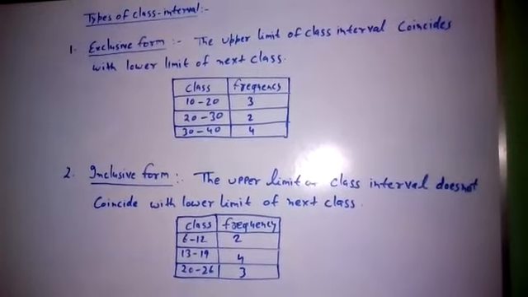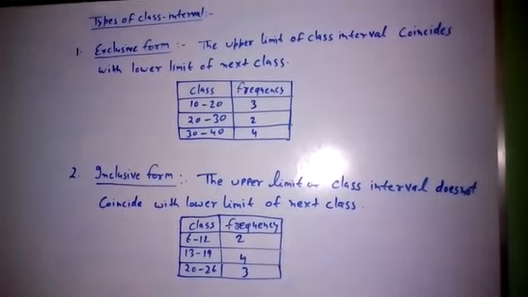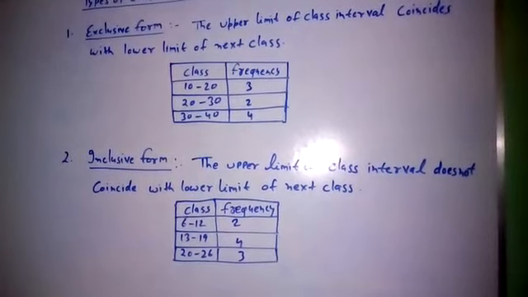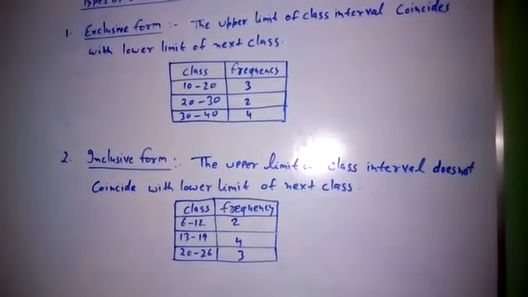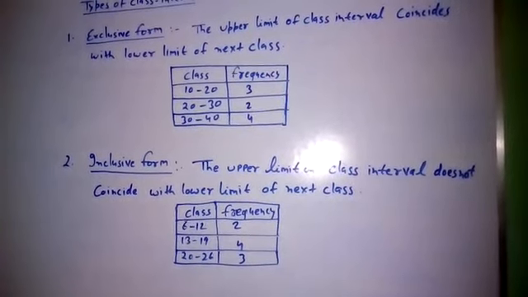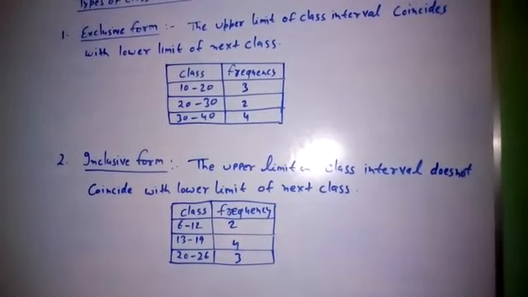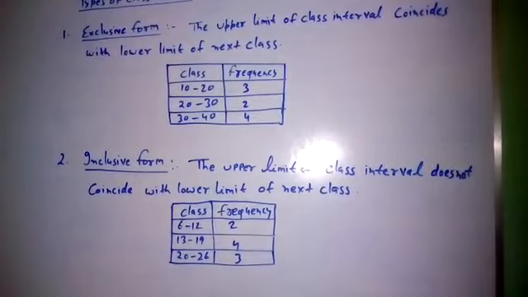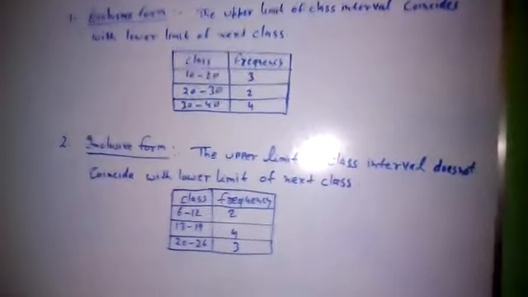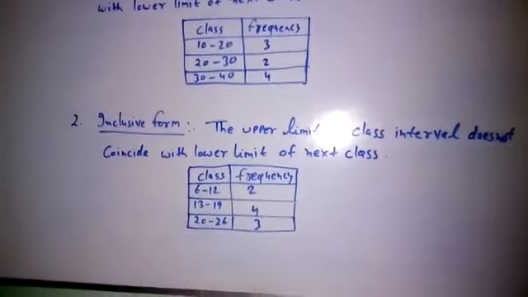Understood? Now inclusive form: the upper limit of a class interval does not coincide with the lower limit of the next class. See it from the example. We will take here class 6 to 12, frequency 2, 13 to 19, frequency 4, 20 to 26, it is 3. Here we will see the upper limit of the first class is 12, which is not